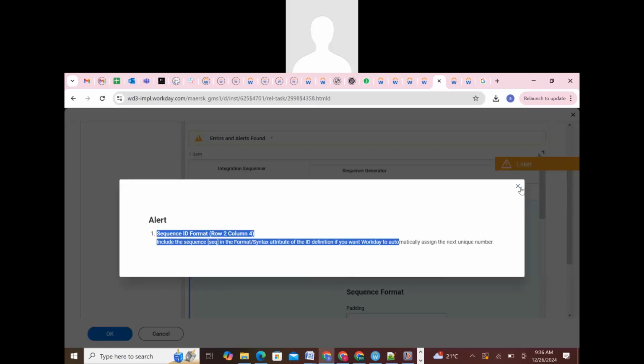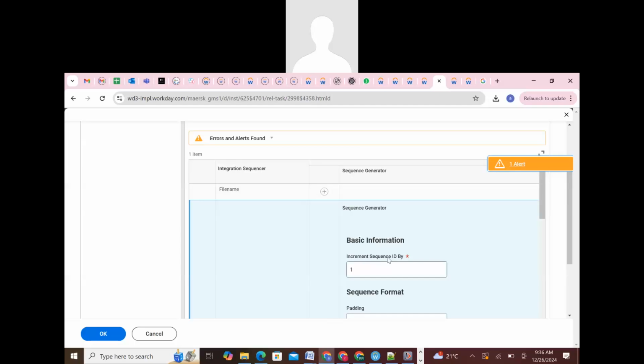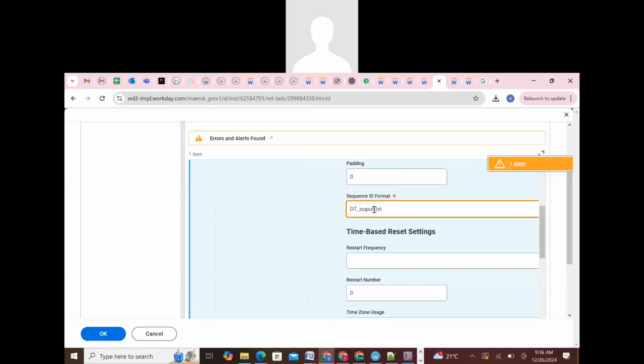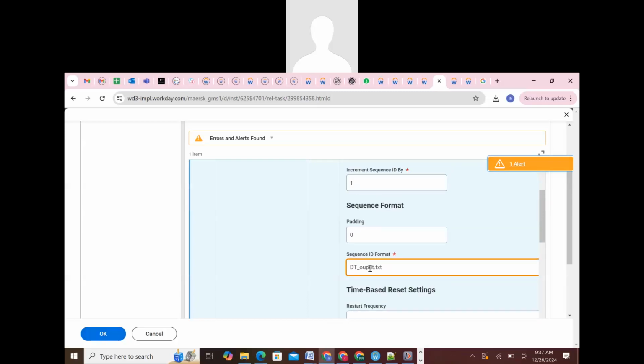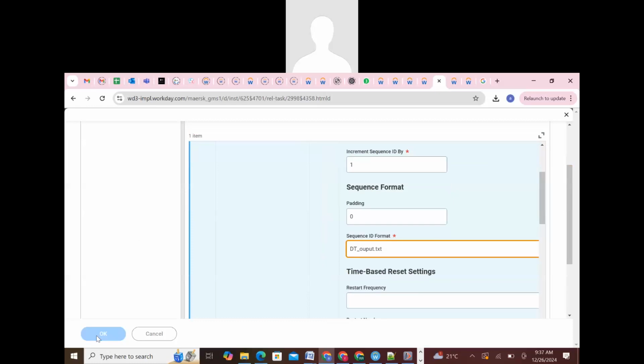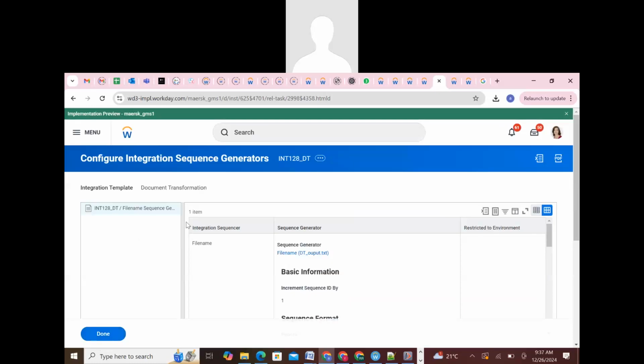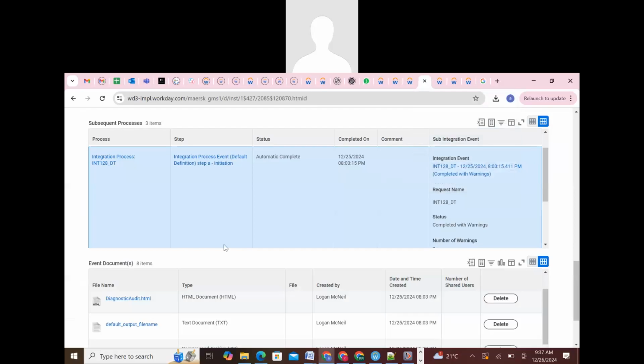It means we have given the ID sequence that increments by one, but you did not give that sequence in the file name. It's giving the warning, guys. I'm trying to click OK two times. It's not allowing OK. But still, if you don't want to give the sequence here, you can click multiple times. OK, it will allow. Two times, three times. If you click OK, it will allow us. Then, if you go to the core control worker,